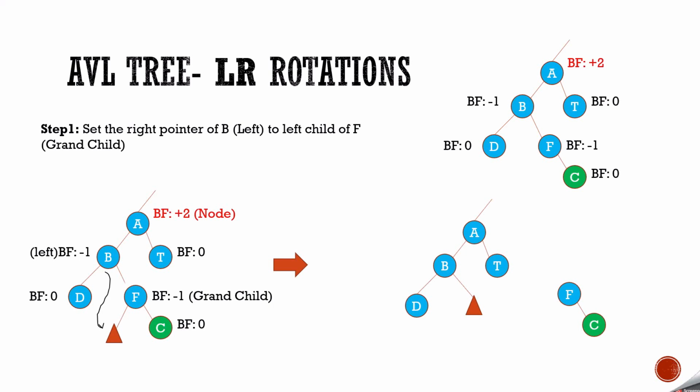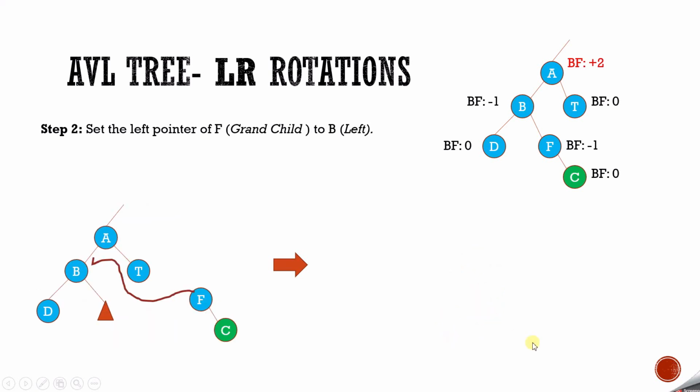So how will it look? Now B will start, because I have to delink F from B. And then the left child subtree, or whatever is there on the left side of F, will now be taken care of by B as a left subtree. So the new left subtree of F will attach as the right subtree of B.